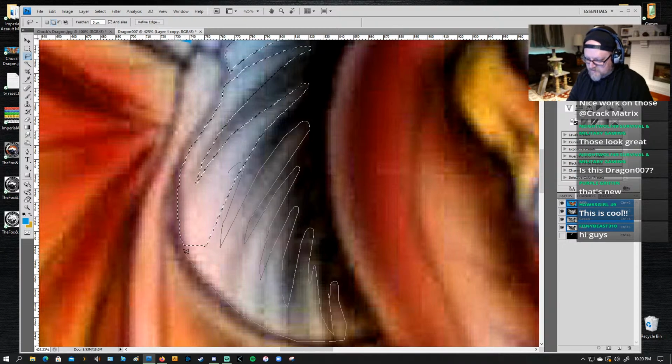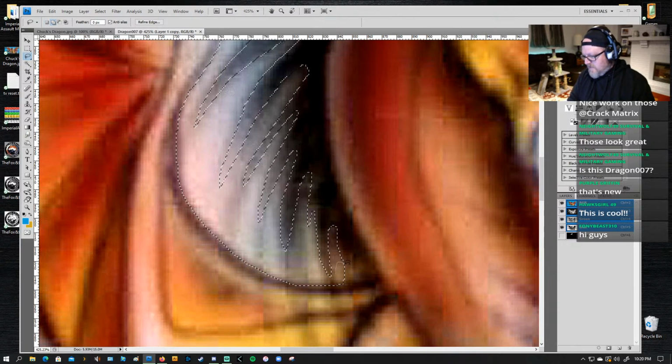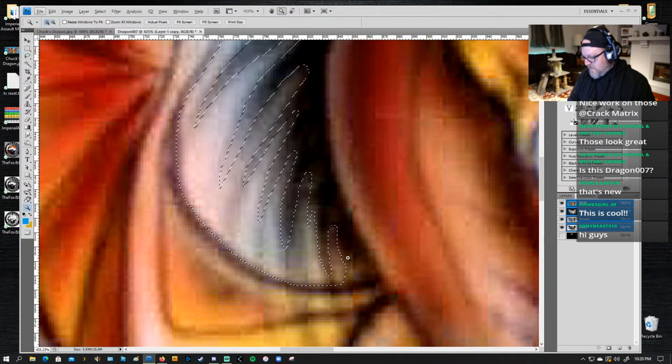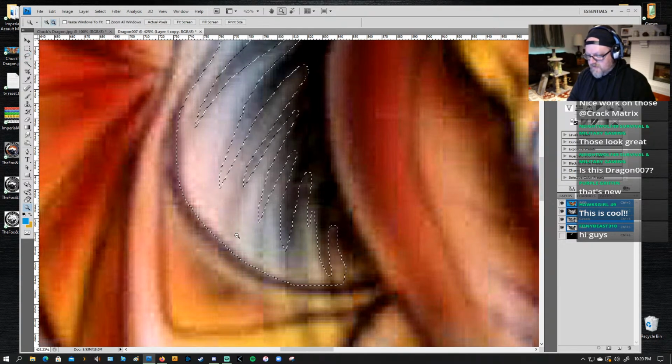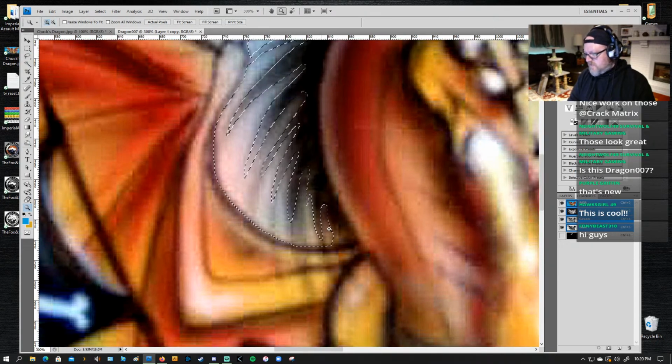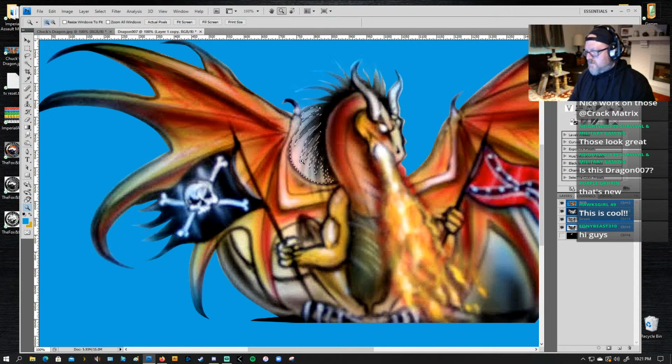This is what I was talking about earlier about direct selecting with the lasso tool. The lasso tool was pretty much my bread and butter for coloring comics. What I would do is have the black and whites available, and then make these direct selections and fill in the areas with color, and just constantly make selections to either knock out or